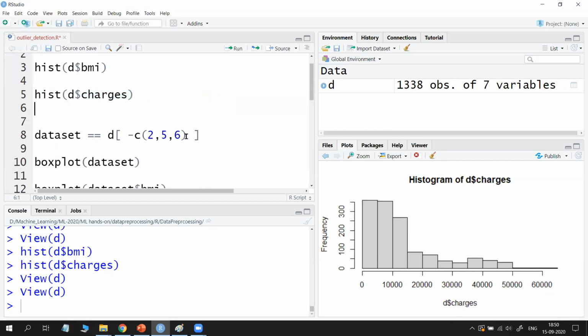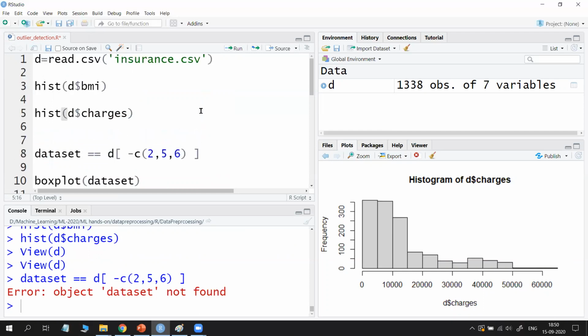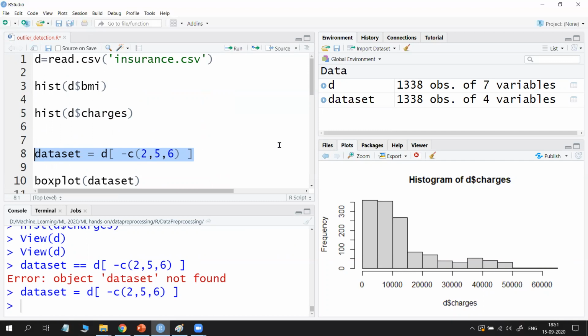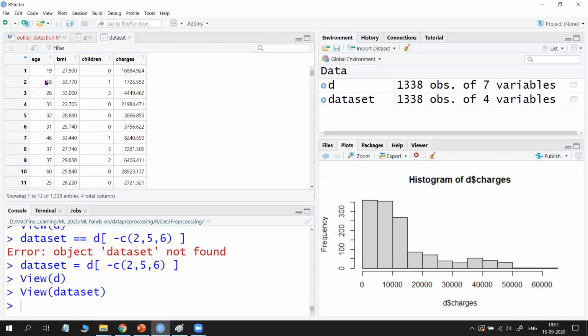How to remove a particular column in R programming is simply to use minus c. So data set, another name I am giving, is equal to D of minus c(2, 5, 6). Now open D, it contains all, but if you open data set, it has only numbers: age, BMI, children, charges.